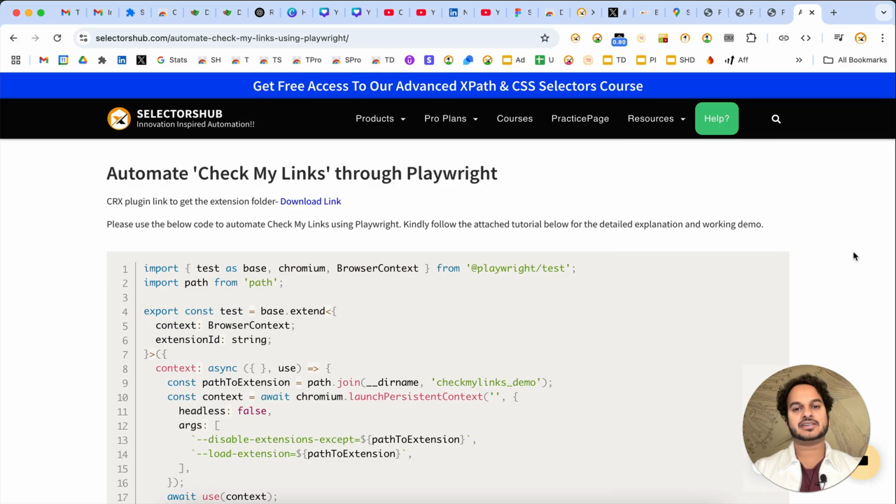Hello friend, welcome back. In this tutorial, I want to explain how you can automate multiple web pages and test all those web pages' links in just a single shot and get the test report of links for all the pages. I have created one tutorial where I have explained how you can automate Check My Links through Playwright,